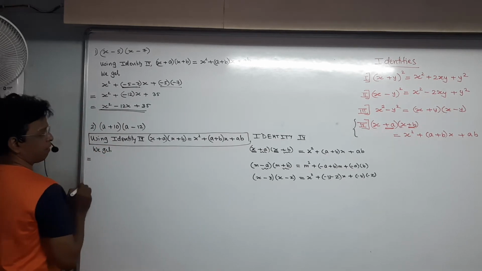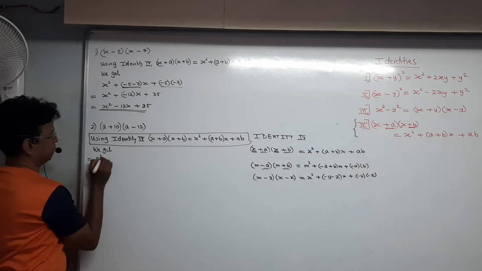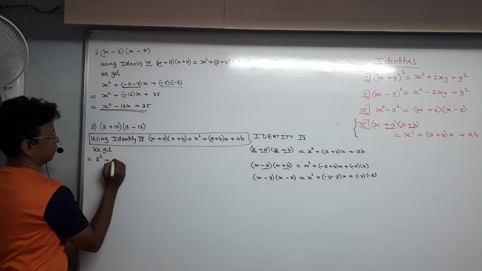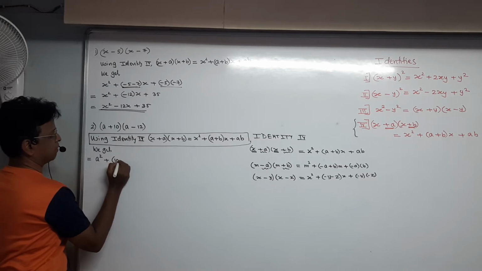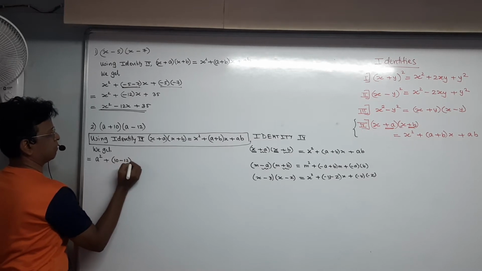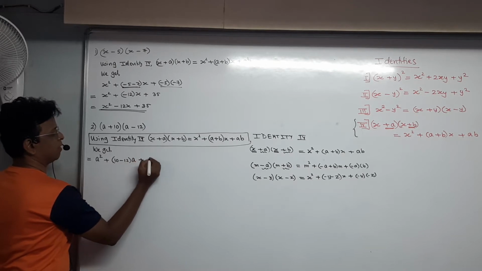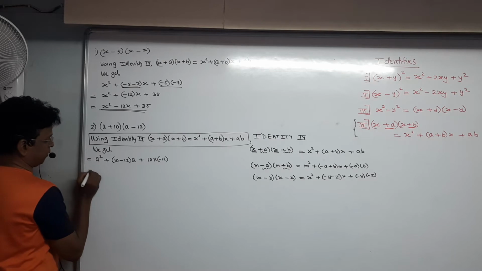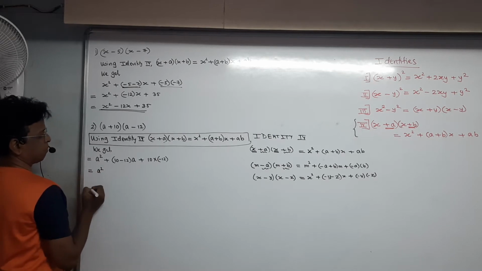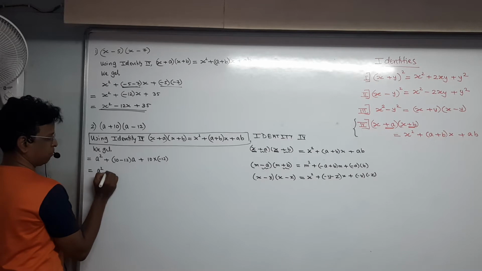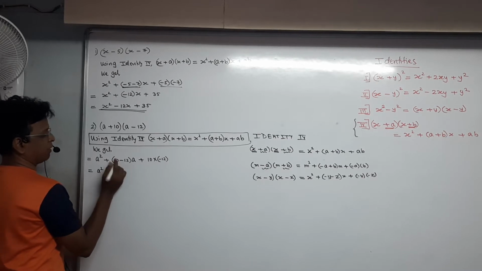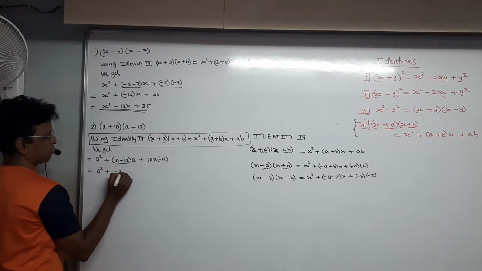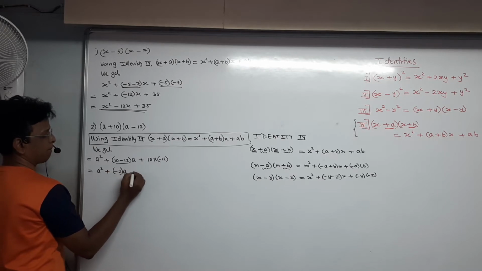What do we get? a square plus 10 bracket plus 10 minus 12 x, a plus 10 into a minus 12. Bracket. You continue now. What will you get over here? a square minus plus. You tell me what will be the answer of this? minus 2, minus 2, a plus